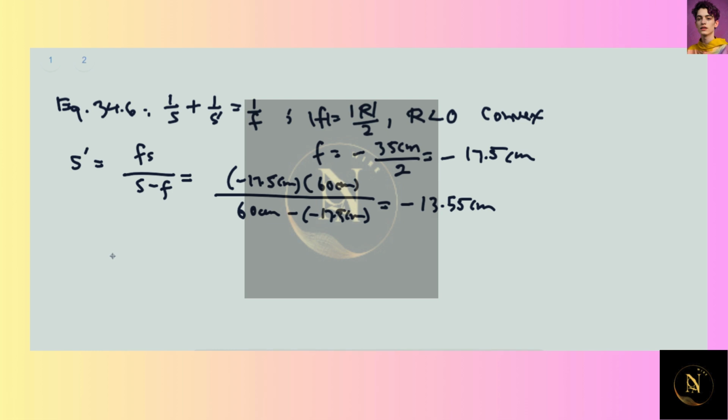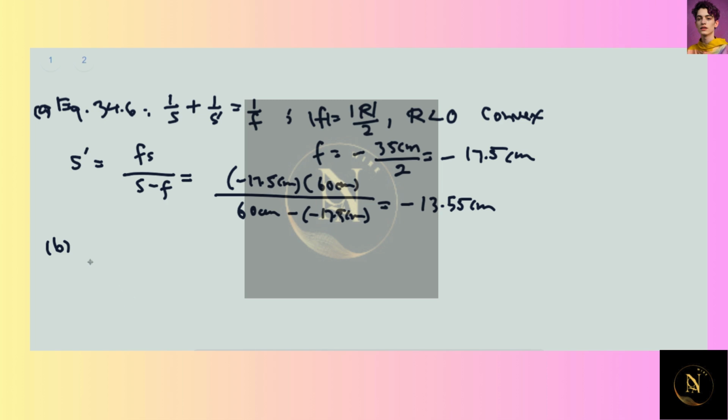And then in part B, we're asked what are the image's size, orientation, and nature. So nature refers to whether it's real or virtual. So this is part A. And part B now. Let's tackle the